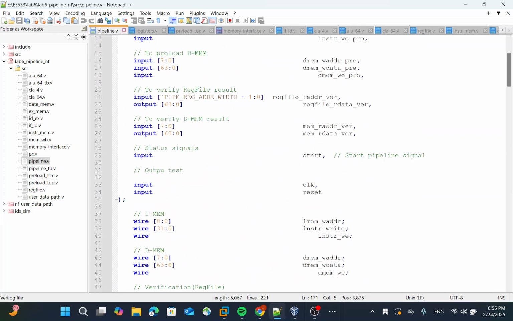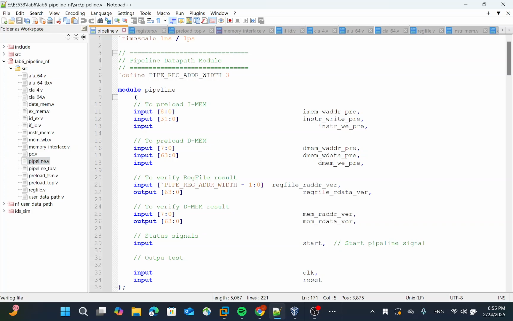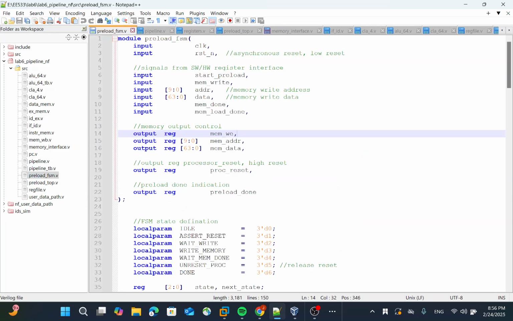Okay. So before we see the simulation waveform of the pipeline, we need to preload the instruction into the pipeline first. So next, I will show you how we build our preload module. The preload module is basically a finite state machine. So it's also a software hardware interface,